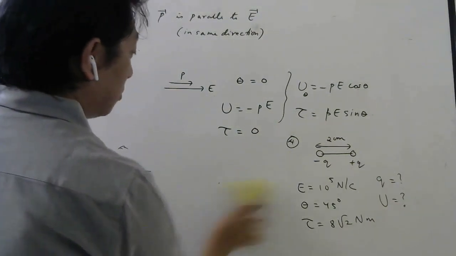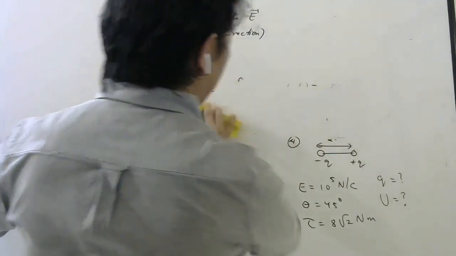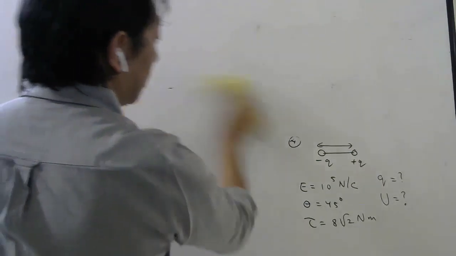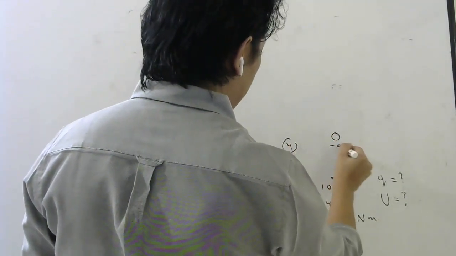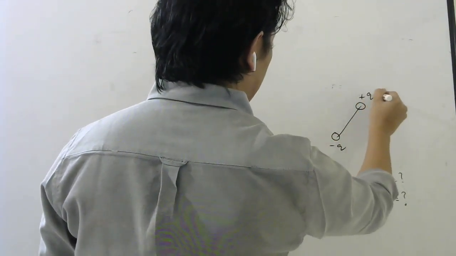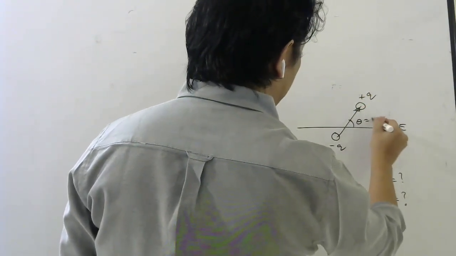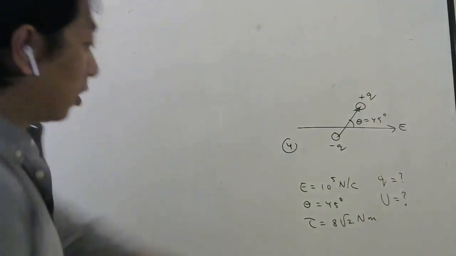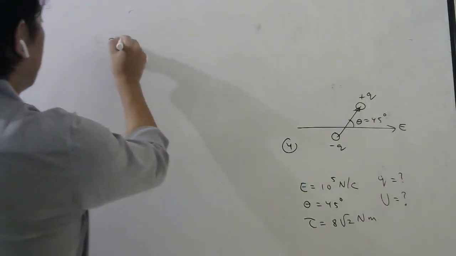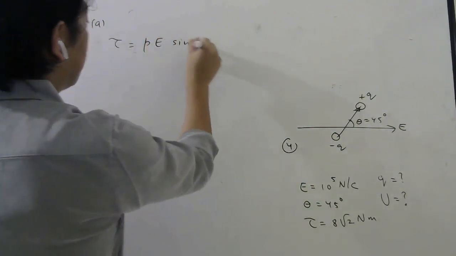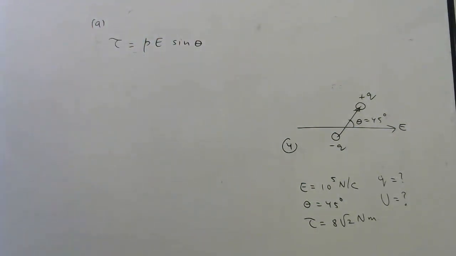So let us see how to solve. You can solve yourself also, right? This is quite easy. Actually, the dipole is not kept this way, because the dipole is kept at 45 degree, right? So minus q is here, plus q is here. This dipole makes an angle of 45 degree with electric field, they told. So torque they have given, no? So what is the formula for torque? PE sin theta. Right, students? Okay. Now what is the torque?